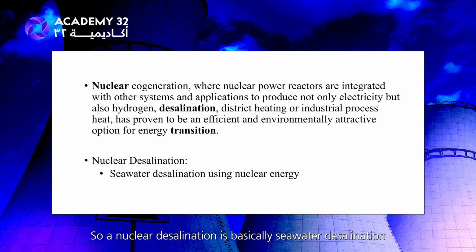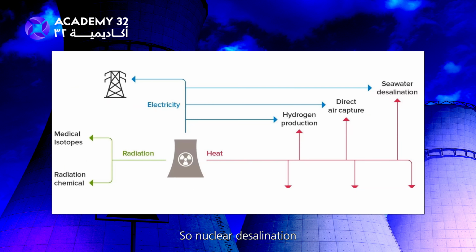So nuclear desalination is basically seawater desalination using nuclear energy. So again, this presentation is about awareness of nuclear desalination, which I believe will be of great benefit for the Gulf countries, especially considering their dependence on desalination for freshwater production and their commitment to net zero emission by 2050. So nuclear desalination cogeneration is basically you have the nuclear reactor here, which produces heat, and that heat